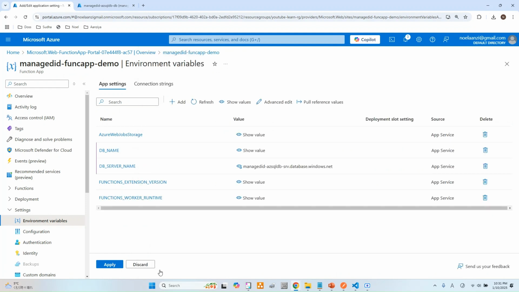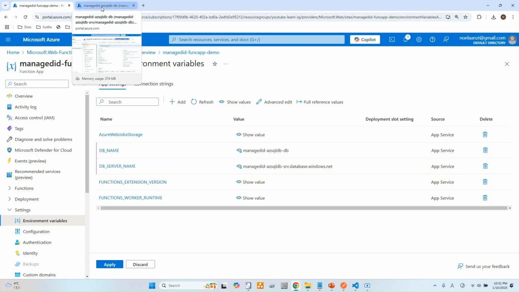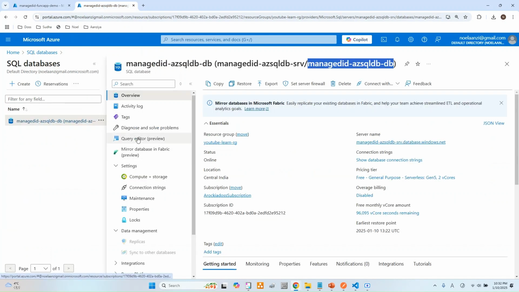So click on apply and we have created both these. Now we have created the Azure function app. Next we need to create a user and identity at the SQL database side to allow this function app to access the SQL database. Now let's go to the Azure SQL database and create an identity user for this Azure function app. Now we again go to the Azure SQL database, click on this query editor